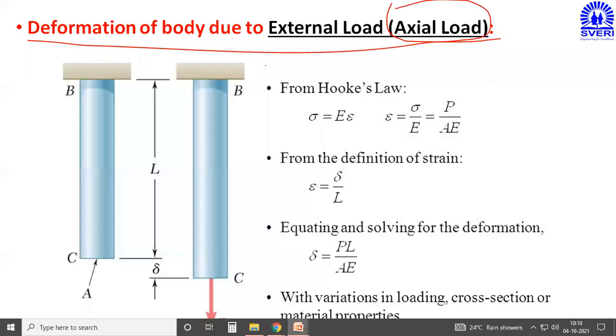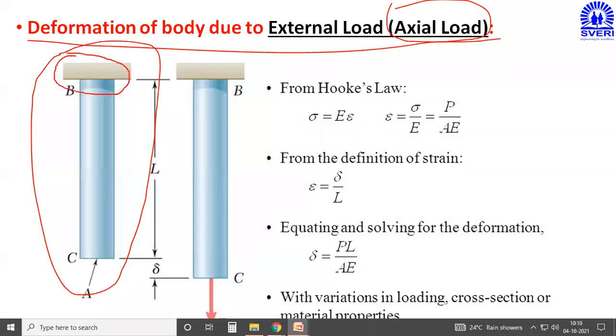For that purpose, you need to understand the figure. So this is figure number 1. There is one rod BC, which is fixed at the top side. You can see here this rod is fixed at the top side, and at the bottom side it is totally free. This A will be considered as the cross-sectional area. This capital L will be considered as the original length. Okay. Now in the second figure,